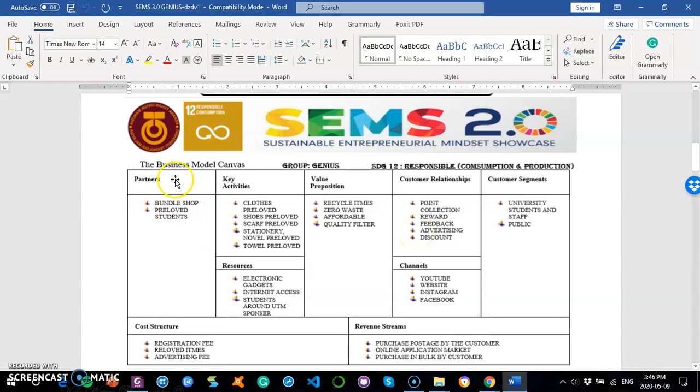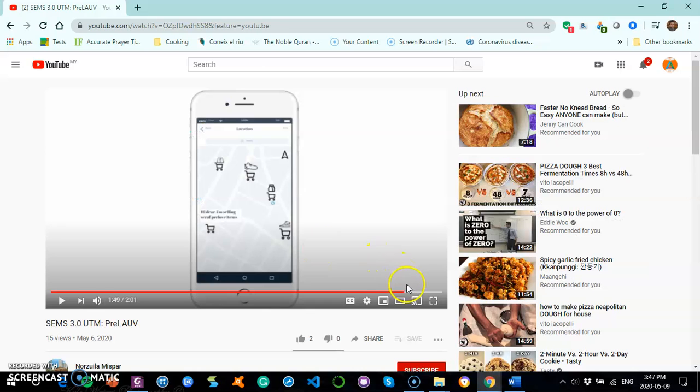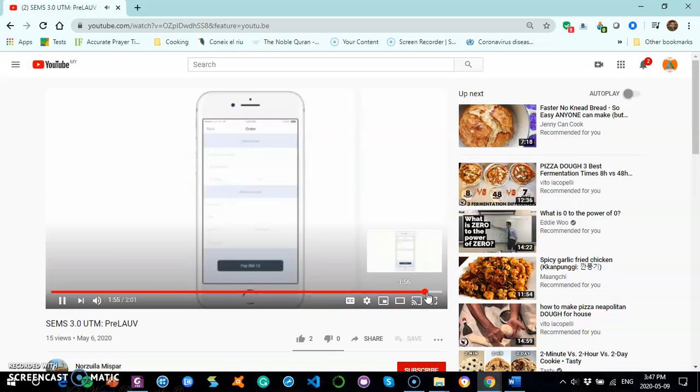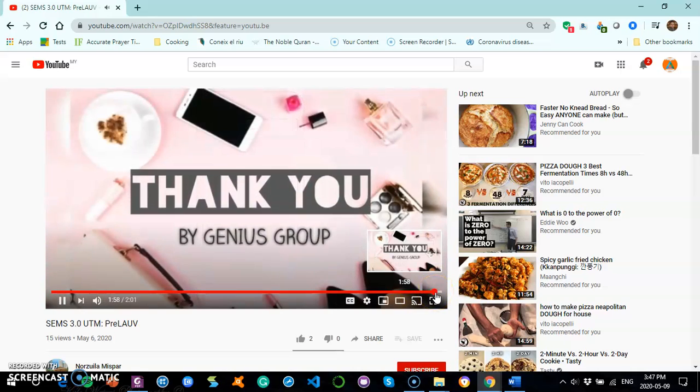Okay, because your partners are pre-love students, pre-love items from students. So in this case, your system is actually a platform. So your platform should handle the person who gives away their shirt or whatever it is they give away, and there's another part where you handle people who want to purchase the item. Because you are a platform, you have to handle both of these. So try to modify and reflect it in your apps. Your apps doesn't have that, so it will increase the value of your application if you have the platform to support